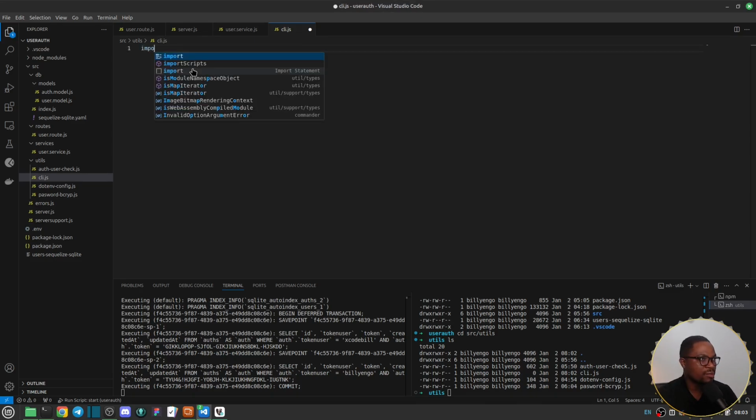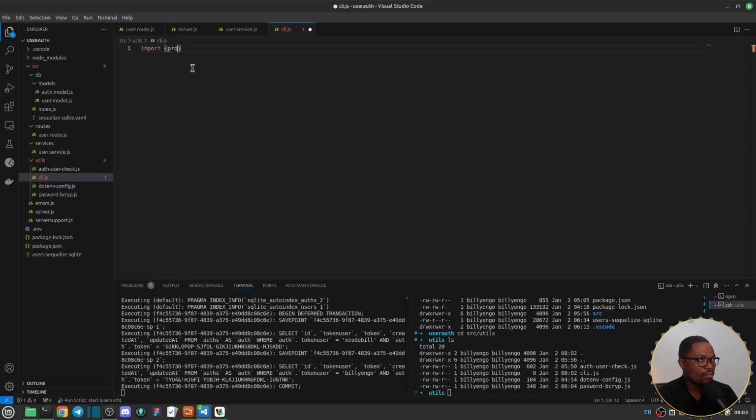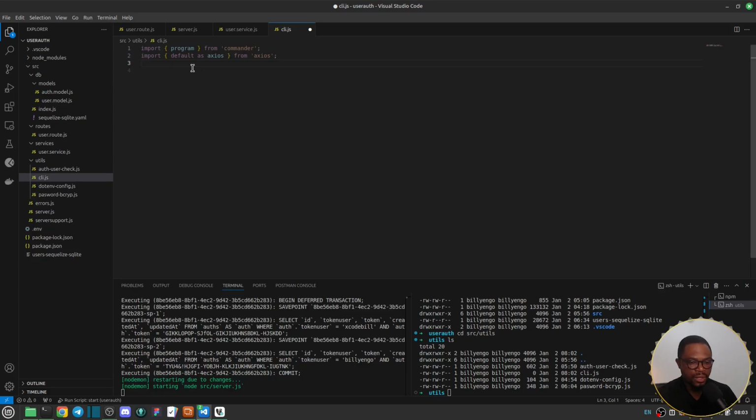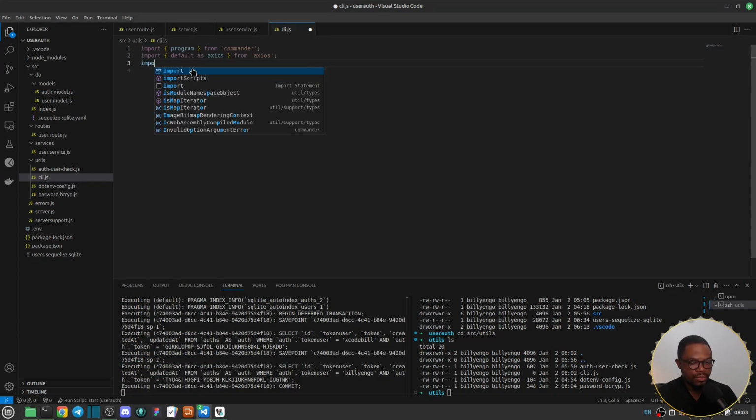So we're going to say import program from Commander, and we also installed Axios. Axios is basically going to help us to make HTTP requests to our service. Axios, and then we'll say import